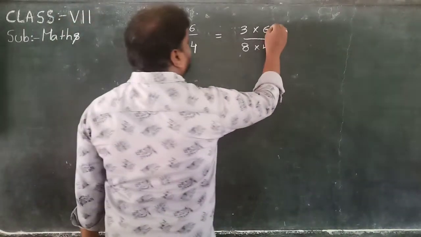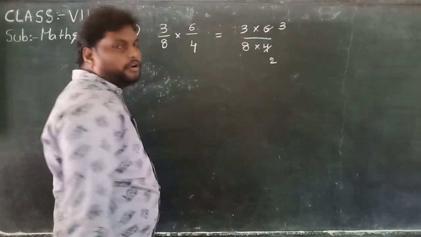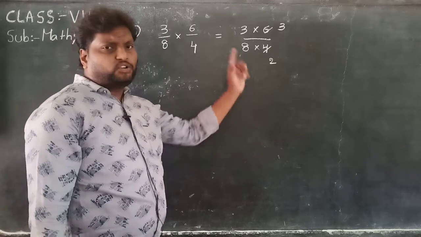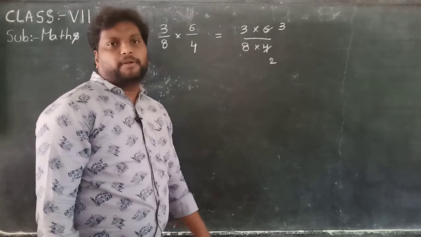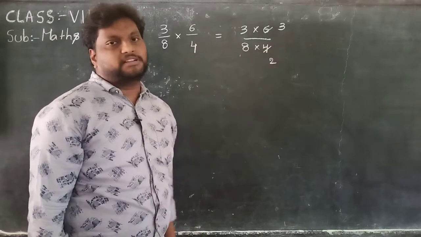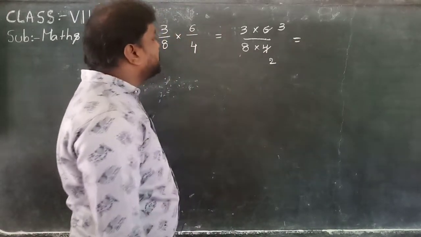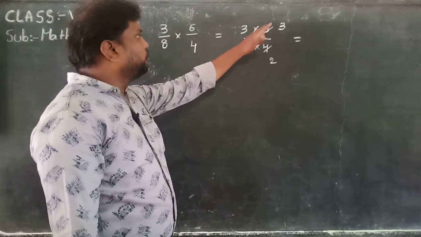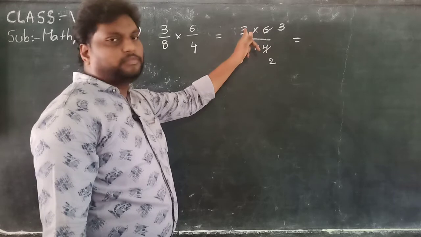Now take 2 3 jar and 2 2 jar. Not only 4, we can cancel with 8 also, no problem. But you should multiply again, we'll get the same answer. Then here again we'll check if cancellation is possible. Not possible. Why? Because there are no common terms, meaning no same table terms.